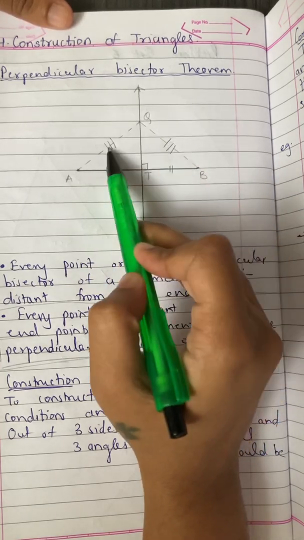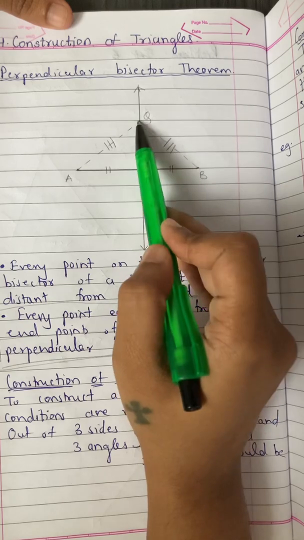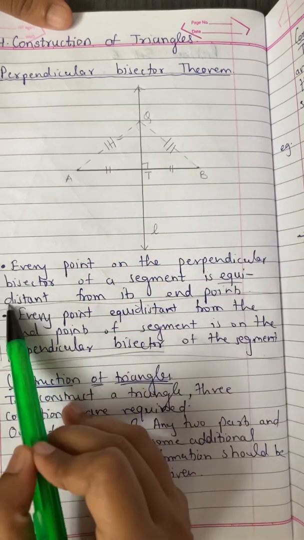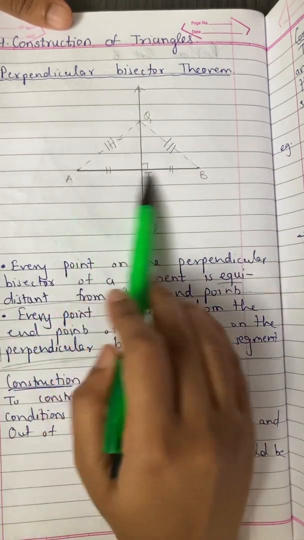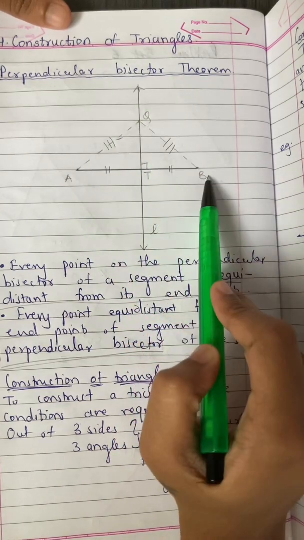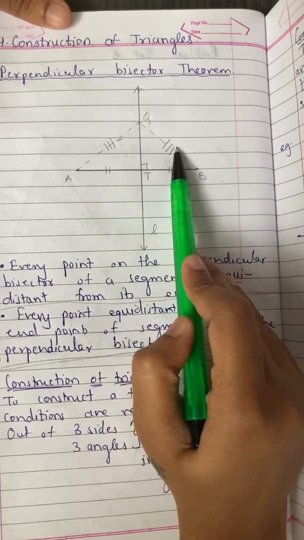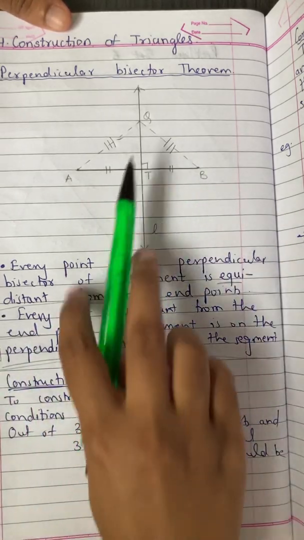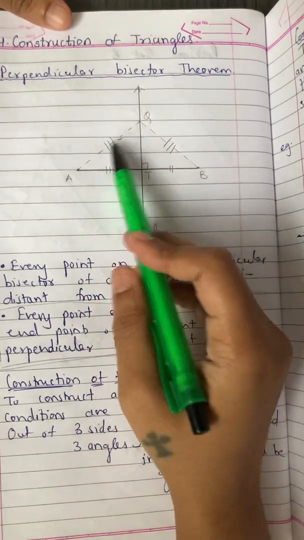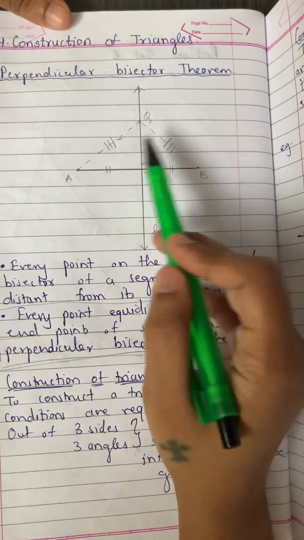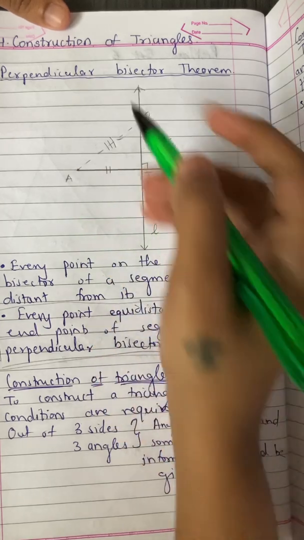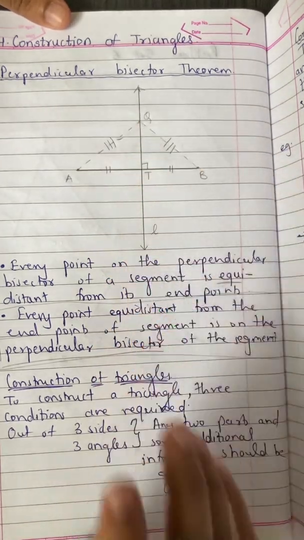Here equal distances are already given. In the first statement, we drew the perpendicular bisector of the segment, took a point on it, and the distances from that point to the end points of the segment were equal. Now in its converse, what is given? QA and QB are already equal. That means if you find that 2 lengths from the end points of the segment are equal, point Q always lies on the perpendicular bisector.